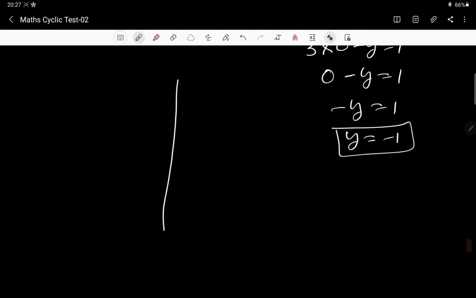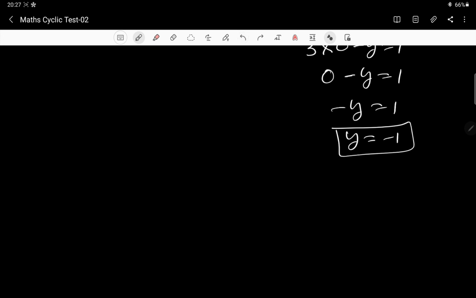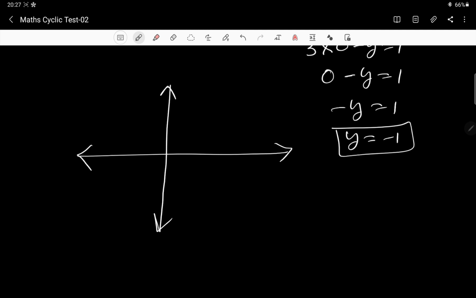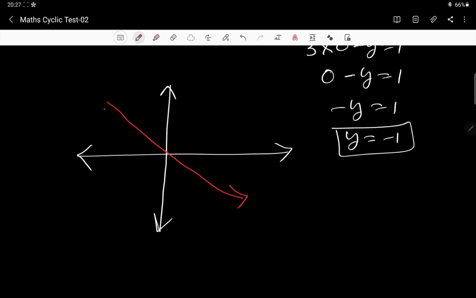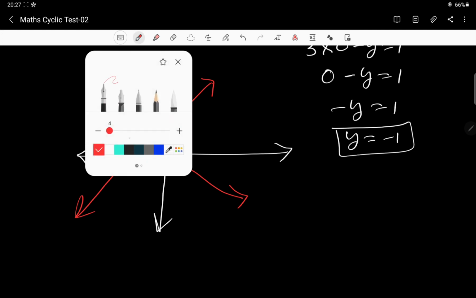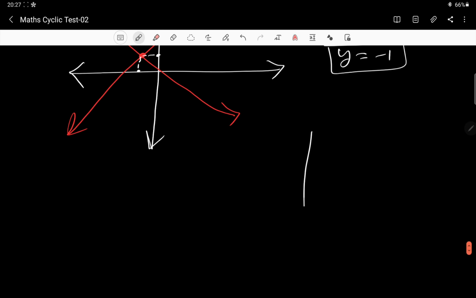The y-axis will be there, and then the x-axis will be there. You will plot all those points. After plotting those points, you are going to get two graphs. Those graphs can be like this. If they are intersecting somewhere, I'm giving an example, if they are intersecting here, you are going to say that this x value and this y value are the solutions.